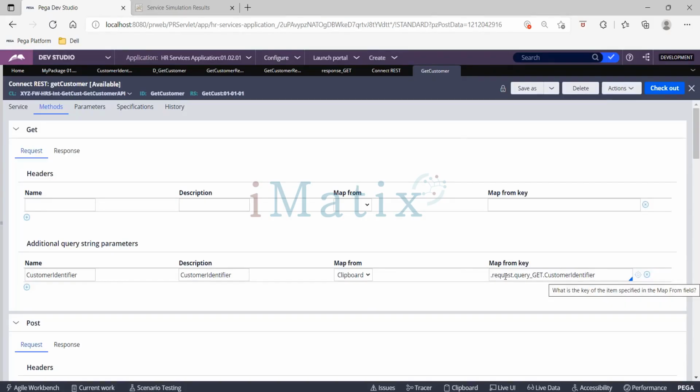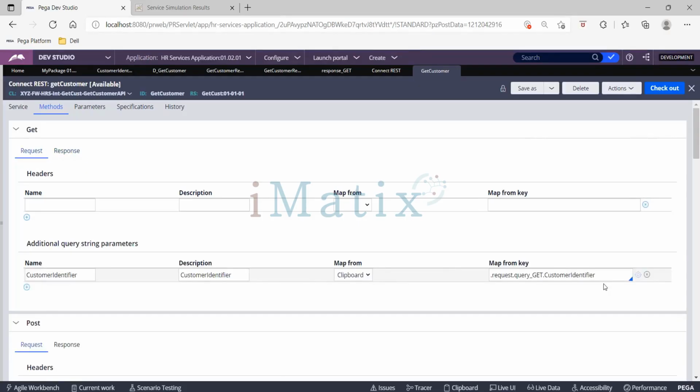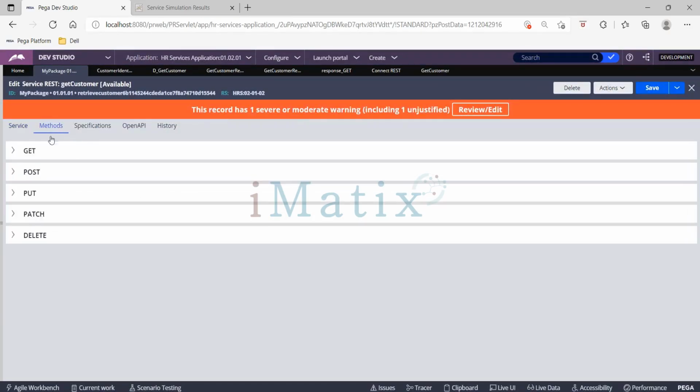From where? From your request, query customer identifier. From this particular value we are mapping in the data. And this is from the clipboard, whereas the response, where does the response come from? Once your request here is submitted, this goes to the service. And on the service,